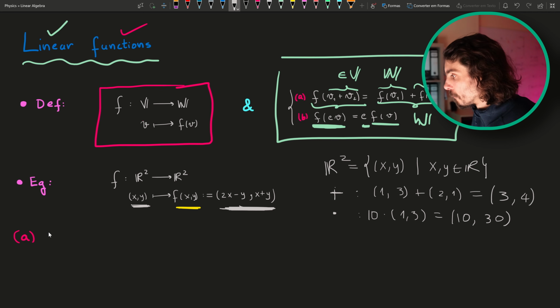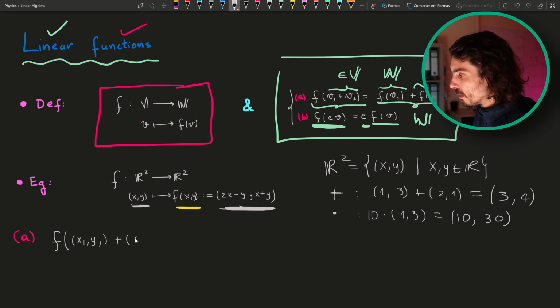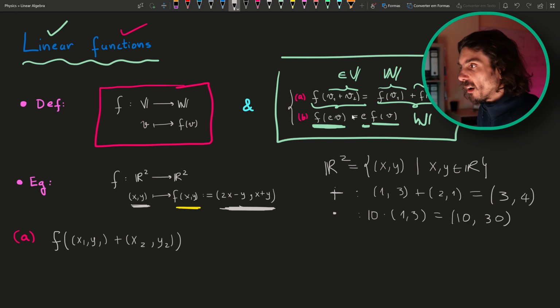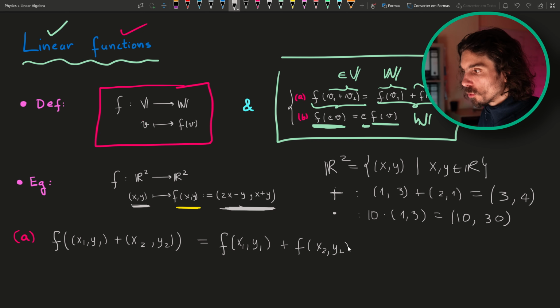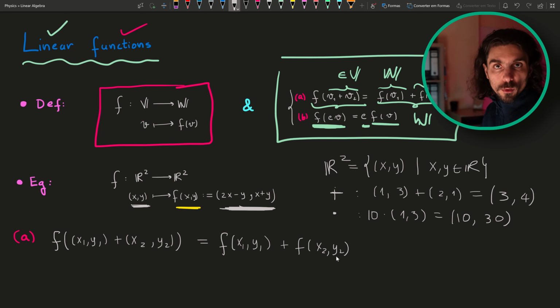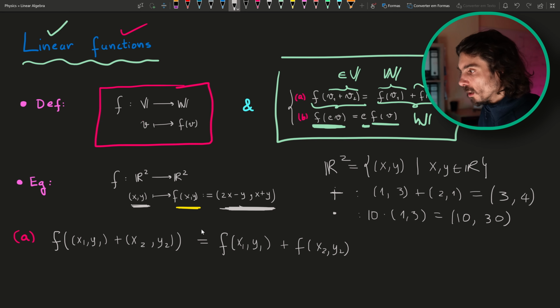So what we have is, for example, let me write it, f of (x1, y1) plus (x2, y2). So this is the left-hand side here. I specify v1 and v2. Is it true or not? This is the same thing as f(x1, y1) plus f(x2, y2). Whatever x1, y1, x2, y2 are, does not matter. But it is true. The equality holds. So let's put here, is it true? Well,